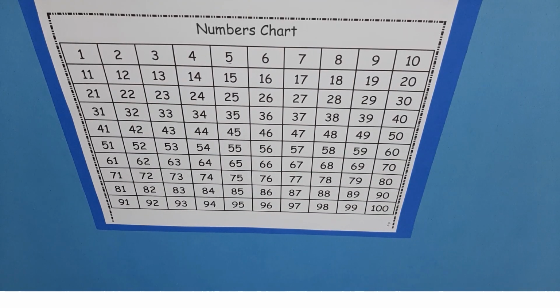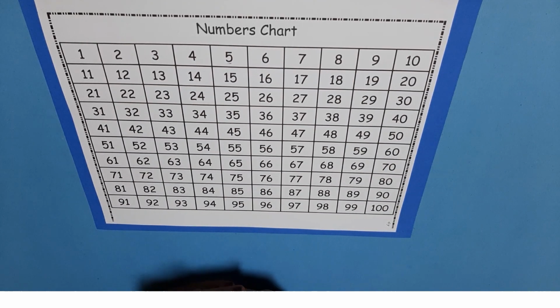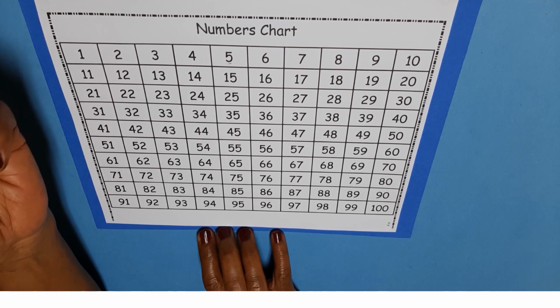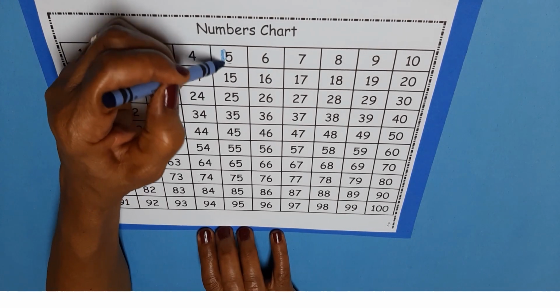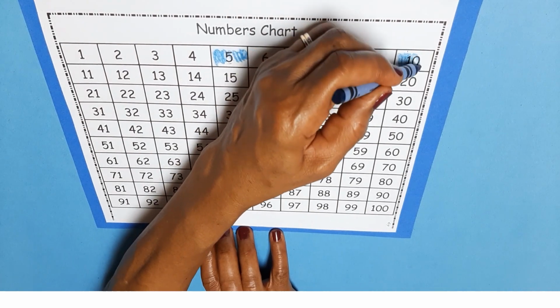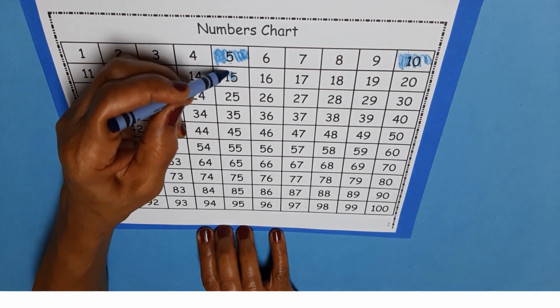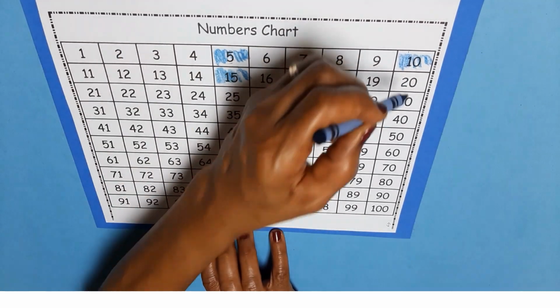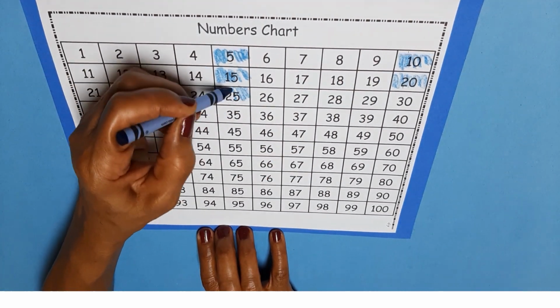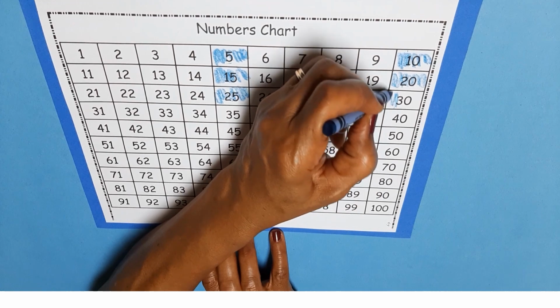Now I want to hear everybody counting in fives with me. We're going to count in fives. Okay, just start with number 5. 5, 10, 15, 20, 25, 30,